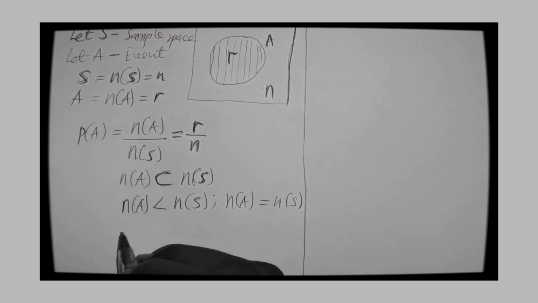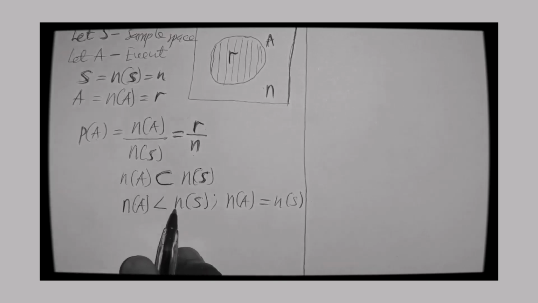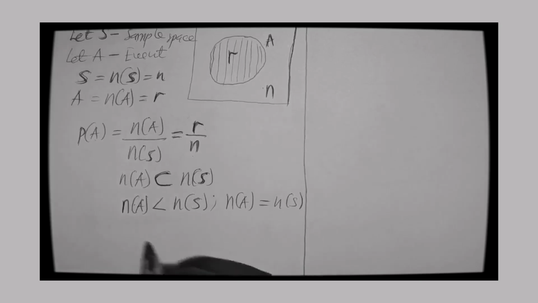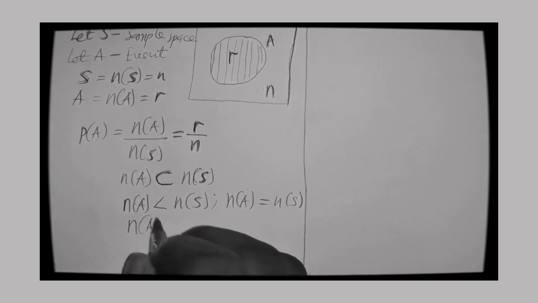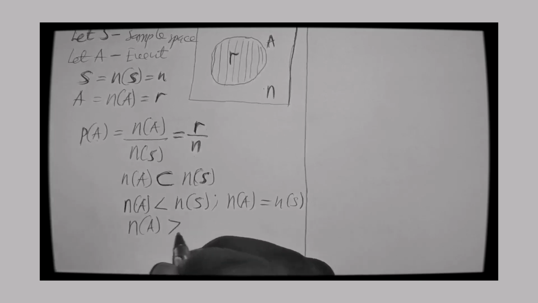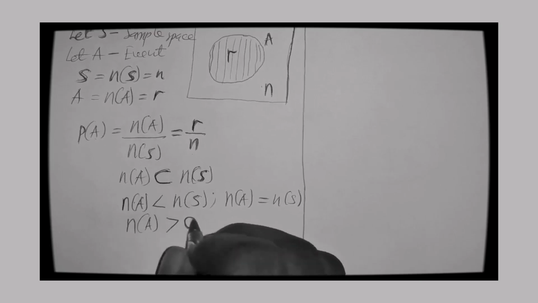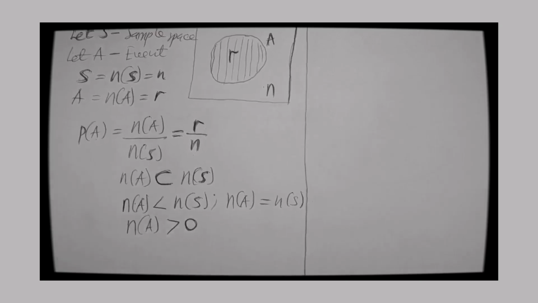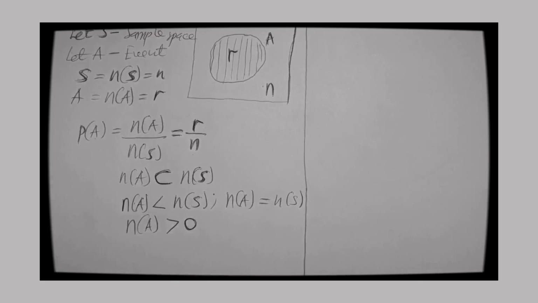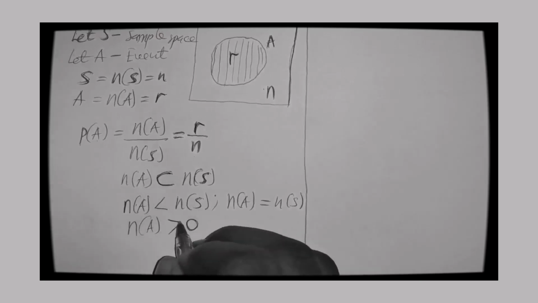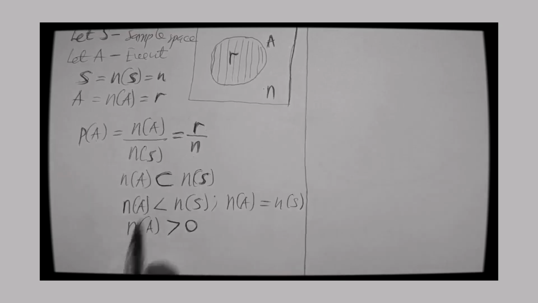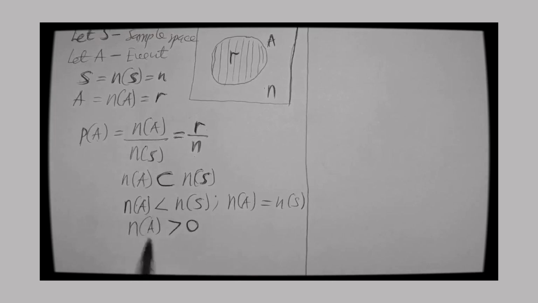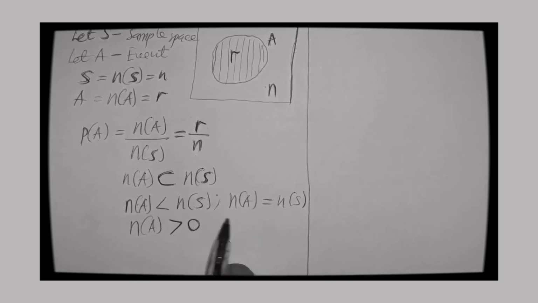So it's less than the sample space or equal to the sample space, and it can also be that the number of events occurring is greater than 0. Greater than 0. Okay? So if I want to combine these inequality signs and equations that I've derived,